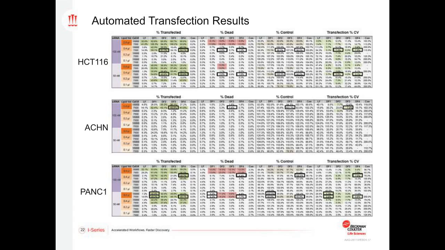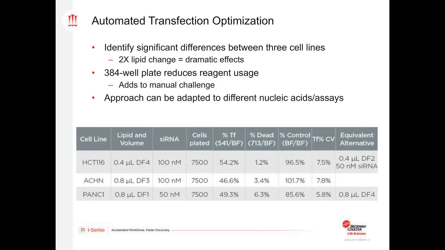And we'll really identify those in the next slide. So shown here are kind of the resulting optimal conditions for each of the cell lines. And again, what you can quickly see is that there are differences between the cell lines. All 3 of them had different ideal lipids that were used at different concentrations of siRNA. But through optimization, we were able to achieve roughly 50% transfection efficiency with all 3 cell lines with acceptable levels of toxicity and